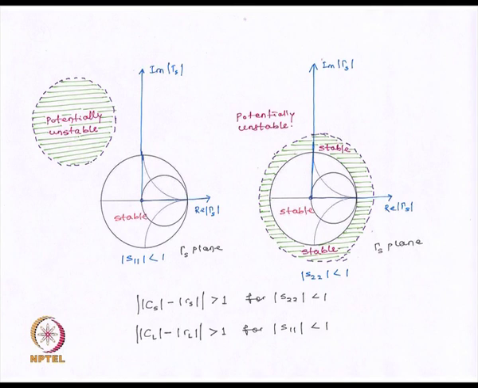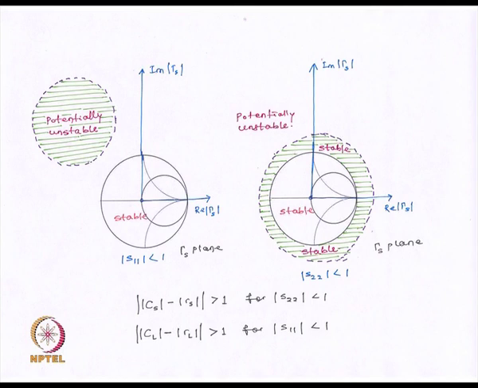In this case, the condition for unconditional stability, provided modulus of S11 or modulus of S22 is less than 1, is that the difference between the distance of the center from the origin and the radius of the stability circle,